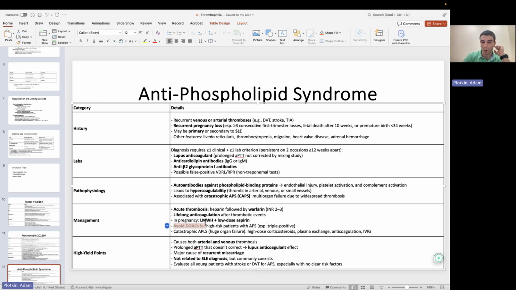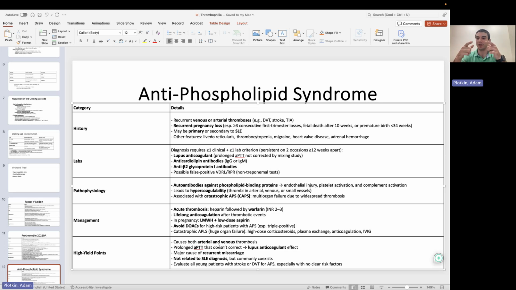We usually avoid DOACs for high-risk patients, especially if they're triple positive. They have all three. That's because DOACs have never been proven effective in these patients. For catastrophic antiphospholipid syndrome, we'll do high-dose steroids, plasma exchange, anticoagulation, and IVIG. That is the truest medical emergency, right? We have to act now. So high yield points, it can cause both arterial and venous thromboses. It has this prolonged PTT, and again, it won't correct